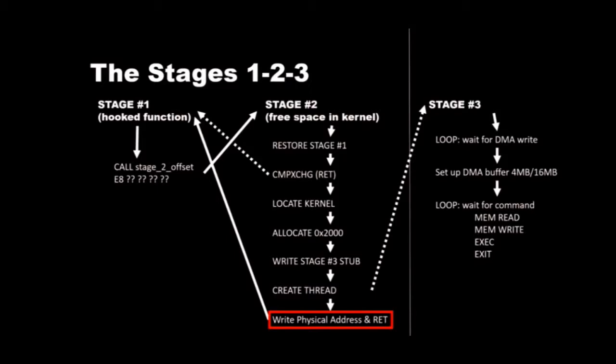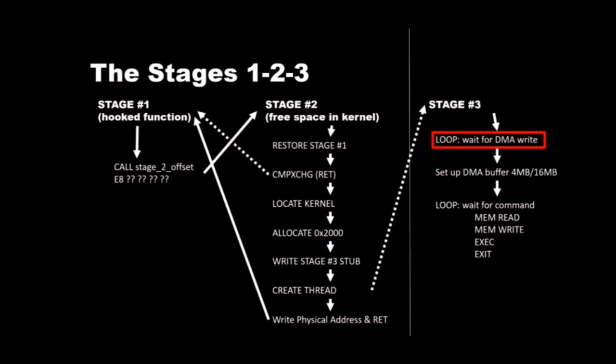And at the very end in the stage 2 section, we write the physical address of the buffer we allocated into the code where the stage 2 part is located. And the PCILeech main control program is polling this buffer all the time with DMA, and once it receives the physical address, it writes the complete stage 3 contents into that address it received. Then the loop, which is already executing in the kernel thread there, senses that the complete stage 3 contents is written,